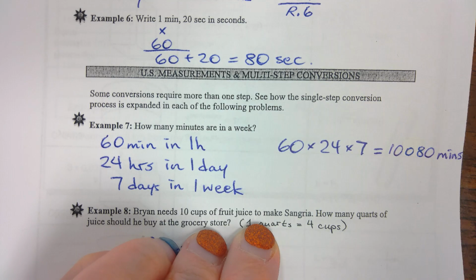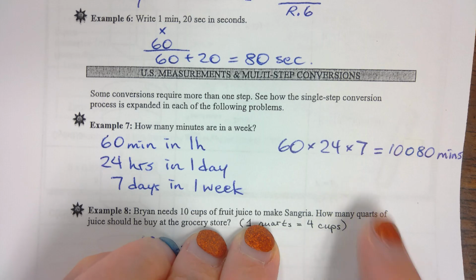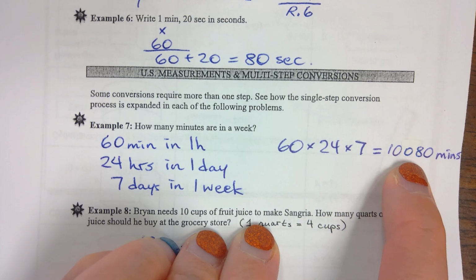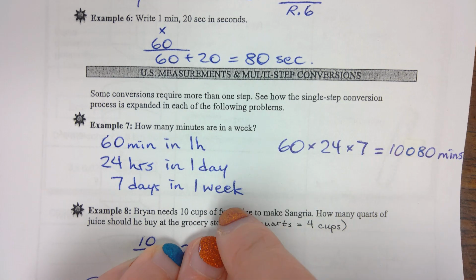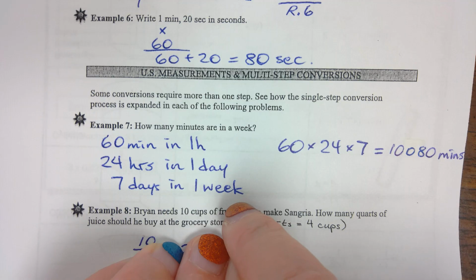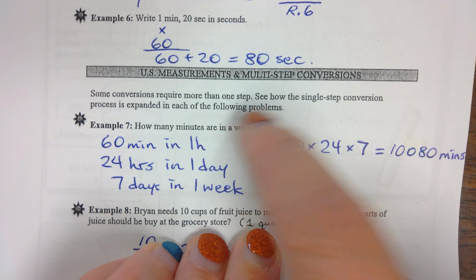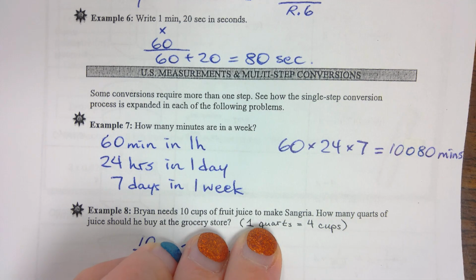Okay. Now, if I were to ask one more and say, how many seconds is in a week? What would I have to do? Vincent? Uh-huh. So how many seconds is in a minute? 60. So what do I have to do with this number? Times 60, right? All right. So this one is a multi-step one. So we come up with ratios that we know, and then we just multiply, multiply, multiply to get to something